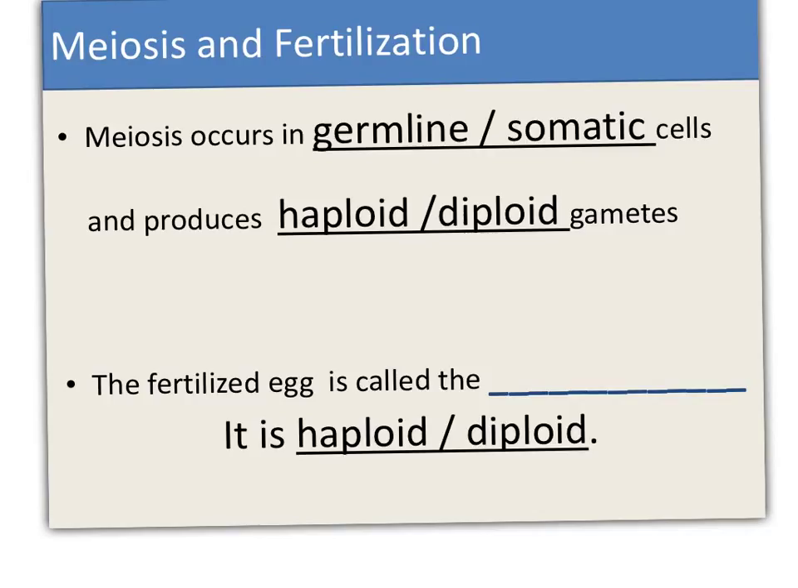Meiosis and fertilization. Meiosis occurs in which kind of cells? Germline cells. Mitosis involves somatic cells, okay? And produces haploid or diploid gametes. Gametes are always haploid. The fertilized egg is called the